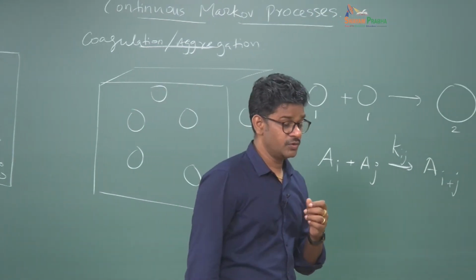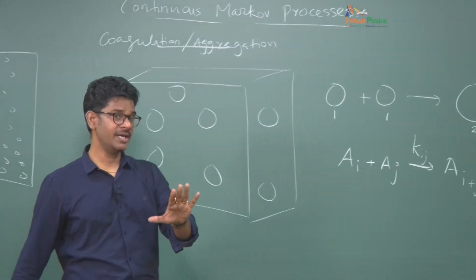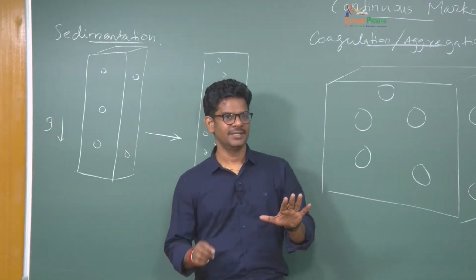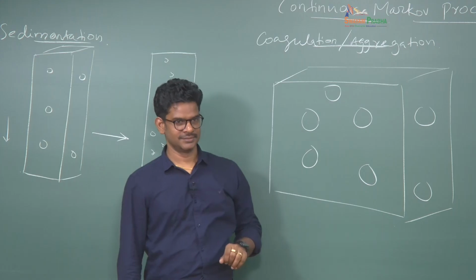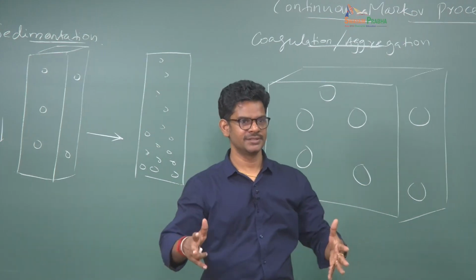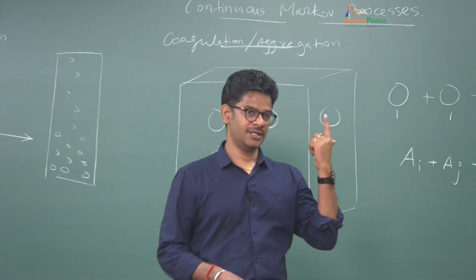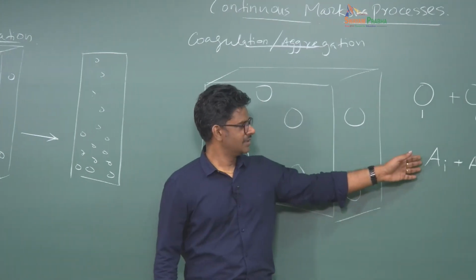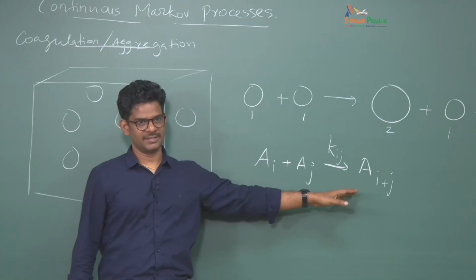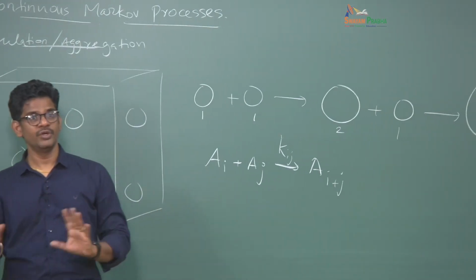So here you can model this as a jump process if you like, but here I am treating this as a continuous Markov process. Okay, so space is continuous, and if you remember in the chemical master equation, we considered this as a jump process because this process itself is a jump process. Okay, so you have the option of doing both ways.